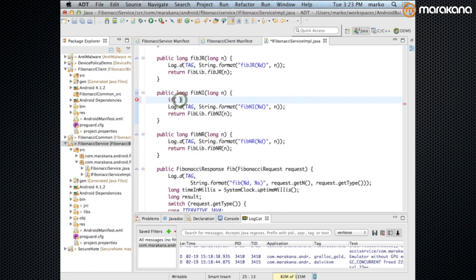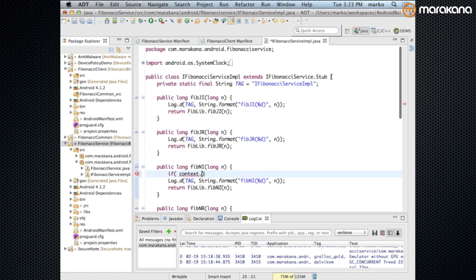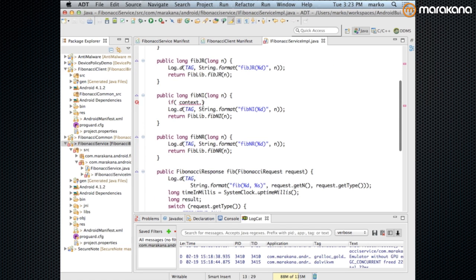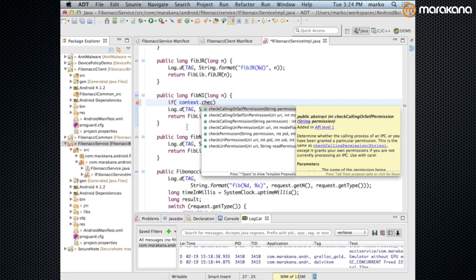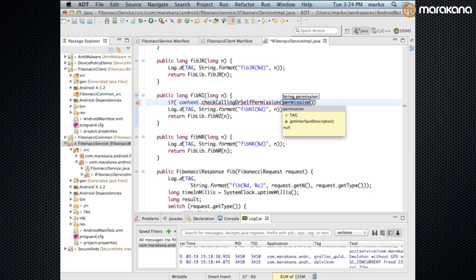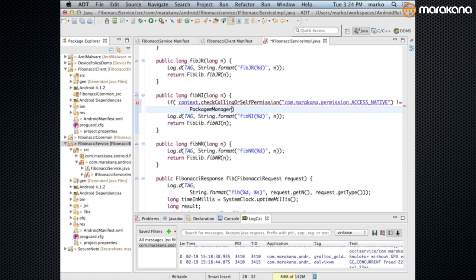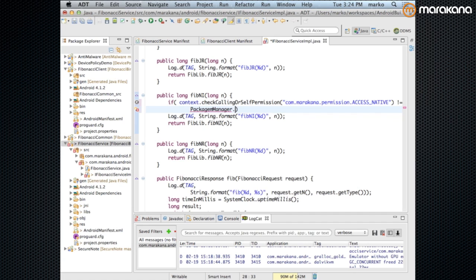So basically what I would do if I had a private context is check with context, check calling or self permission. So basically I would enforce a permission here, and check, is the caller allowed to even call this permission? And I would compare that to a package manager